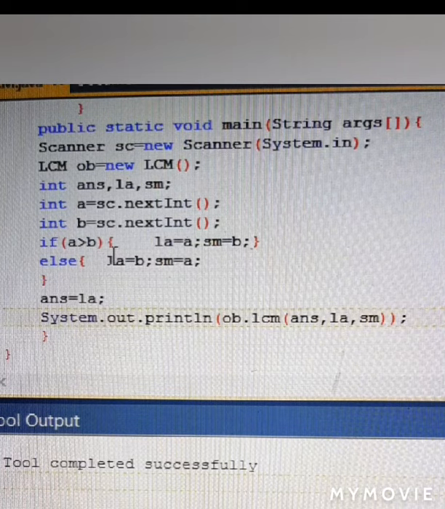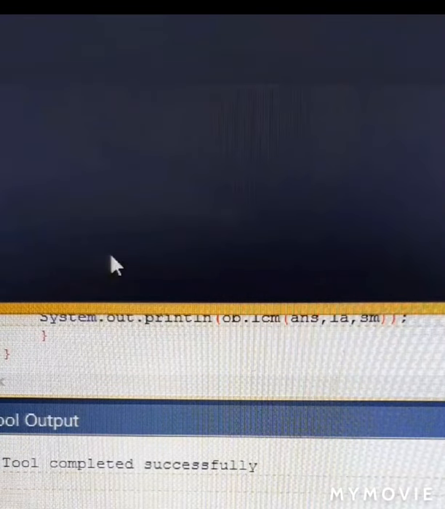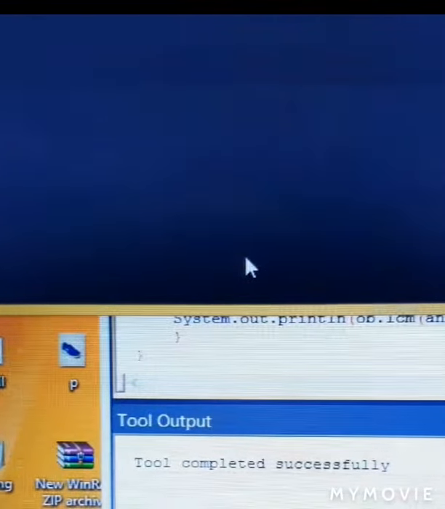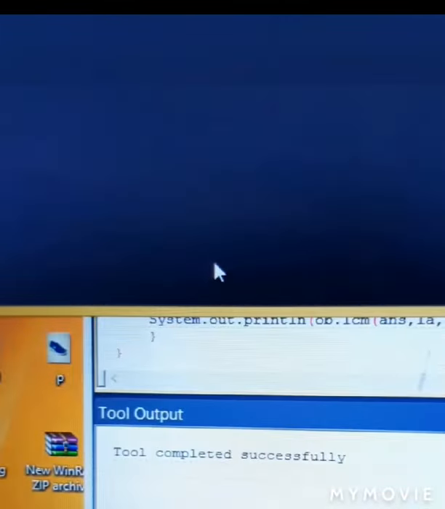So let's look at the output. Here we are going to put some numbers like 8 and 6, and we are getting 24 as the answer. This is the output in the terminal window.